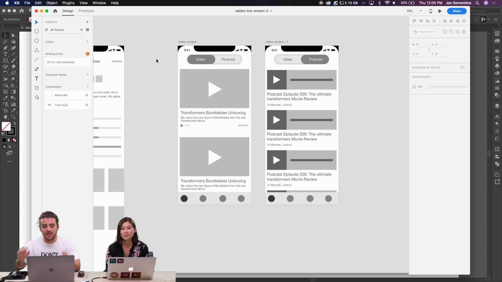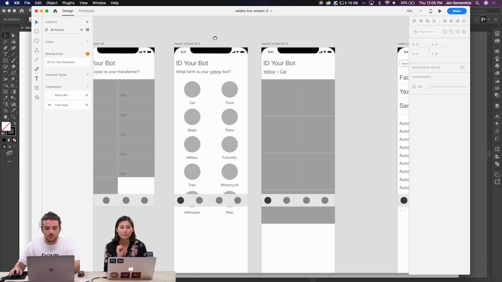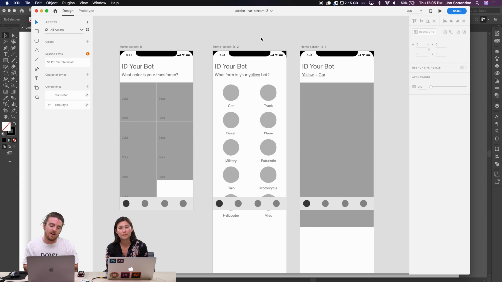So today, I think the goal is going to be to take these screens and put a little bit of visual aesthetic to them, pick an idea in terms of branding direction, colors, and things like that, and give it some love and start to make this look more like an app and not just a phone with some gray boxes. So that's what we're going to plan on doing today.